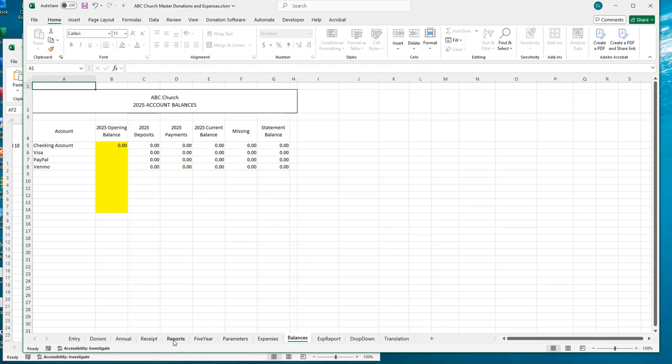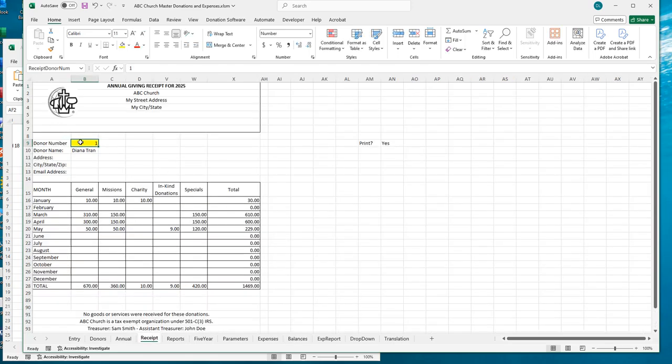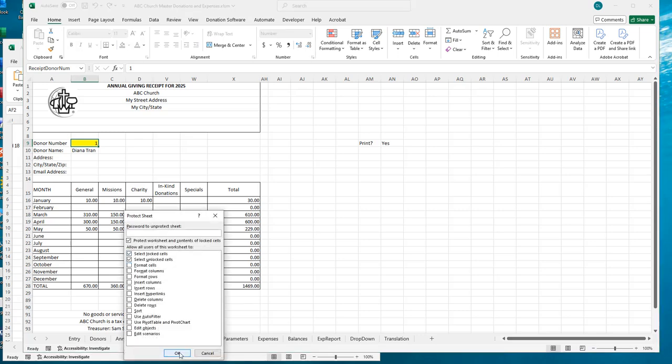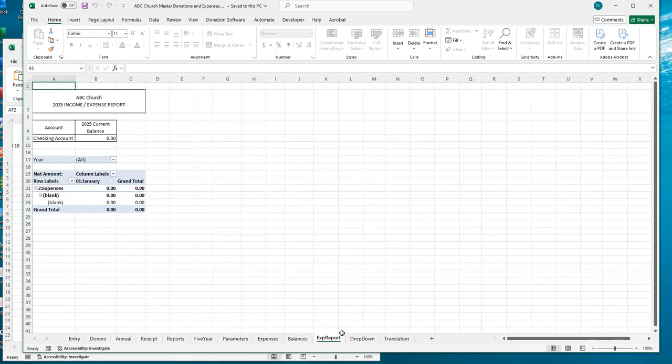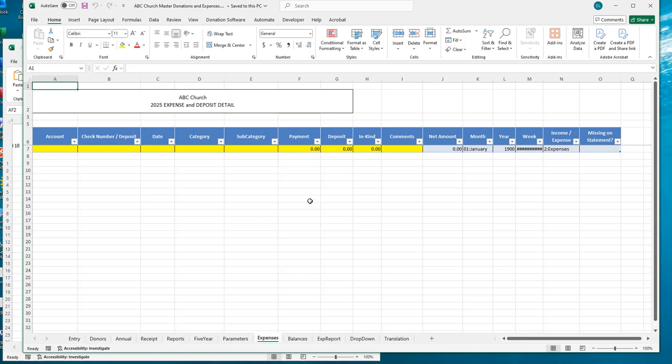Okay, we will now go ahead and protect the worksheet tab again. Protect. Don't type anything in, just hit the OK. And we're ready to save the Excel file. Our master is now ready to go if you're doing donations only. If you're one of the churches or organizations that are also tracking expenses, then we'll need to come over here to the expense tab and add our expense detail